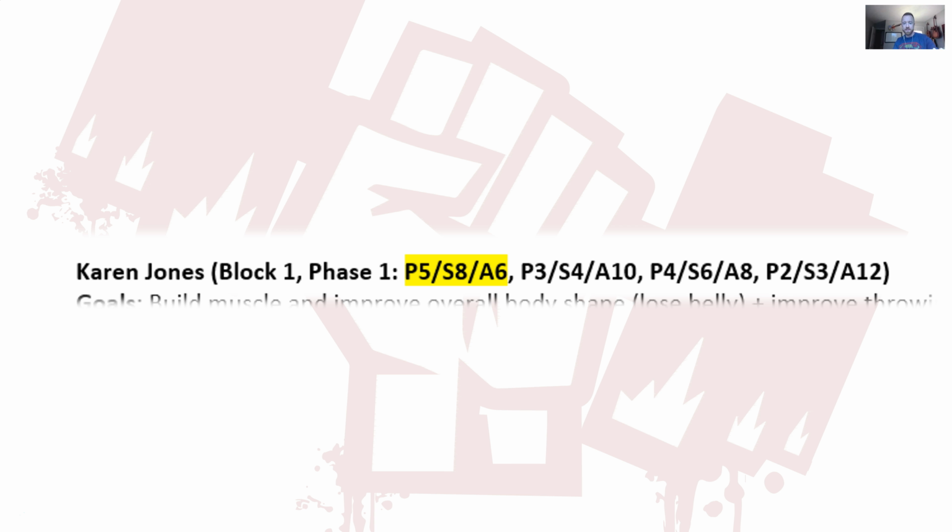Only other thing to really notice here is that we went high to low and we flipped the middle 2, but I do want you to notice that assistance goes 6, 10, 8, 12. In other words, it went low to high with the middle 2 flipped. We'll talk about that.